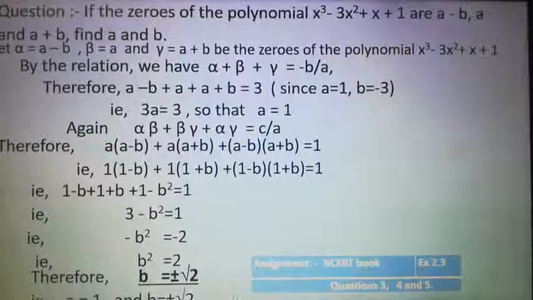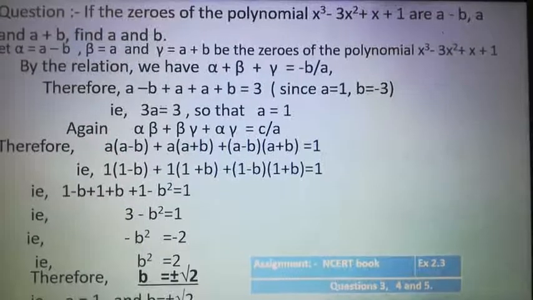Okay. Now we go for NCERT textbook exercise 2.3 questions 3, 4 and 5. Try to do this one, and if at all you are having any difficulty,